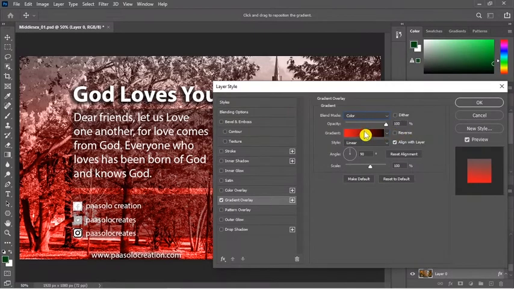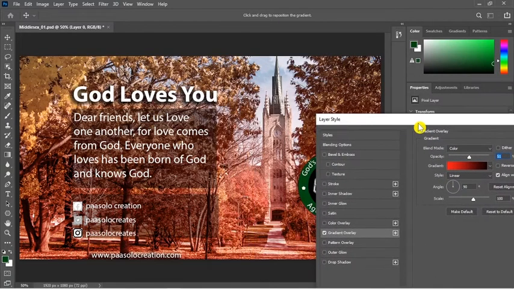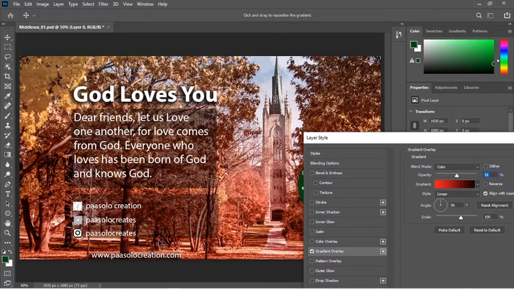I'll just leave it there and I'll reduce the opacity, something like this. And maybe I don't want the red to start all the way from the bottom to the top. Maybe I want it to start from my right side and come here. So I will just play with my angles, and you see that it is changing. So we want the red to start from somewhere here.